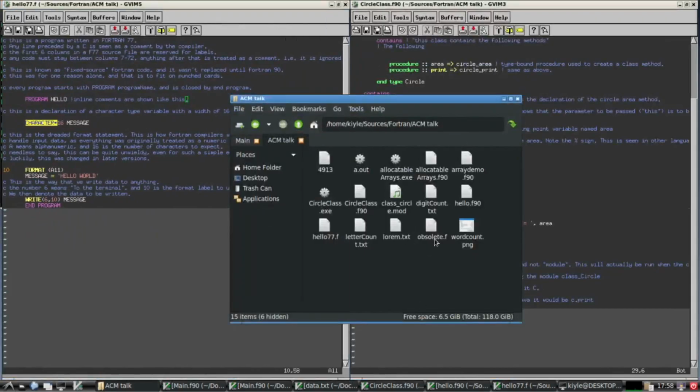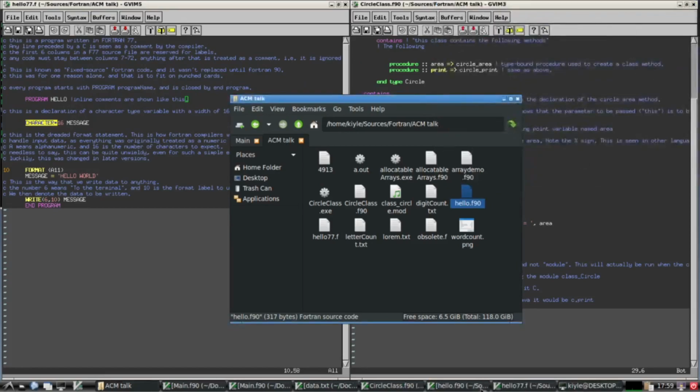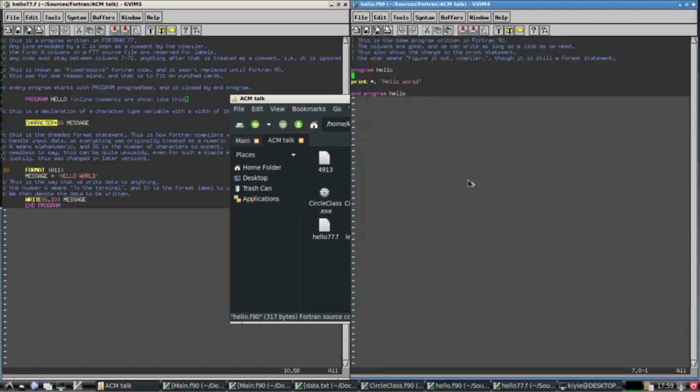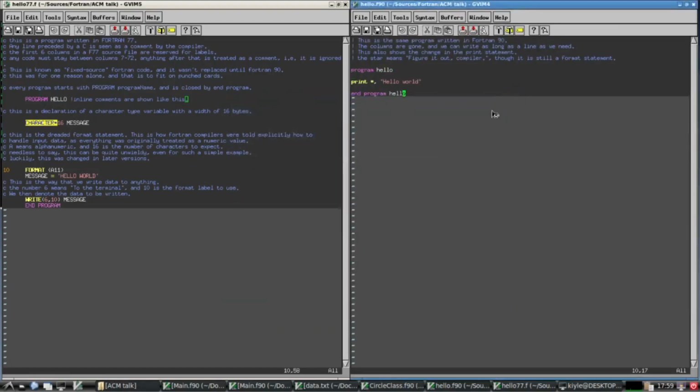Excuse me. Now I want to show you one more thing, and we're going to contrast. Oh, yeah, I got it open still. I forgot. We're going to contrast these two. This one's written in Fortran 90. Which one's better? Jeez, the one on the right. 90 works. It looks just totally different. Yes, like